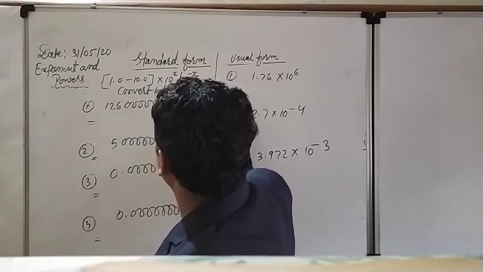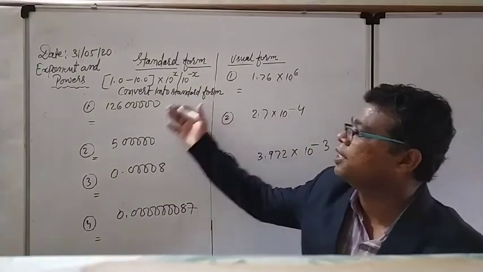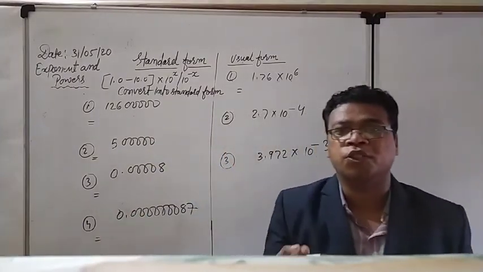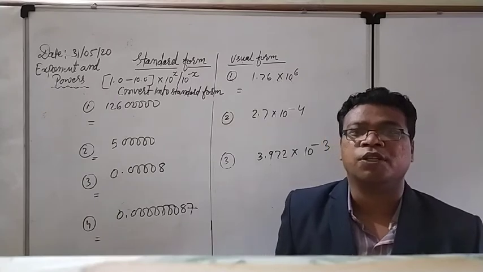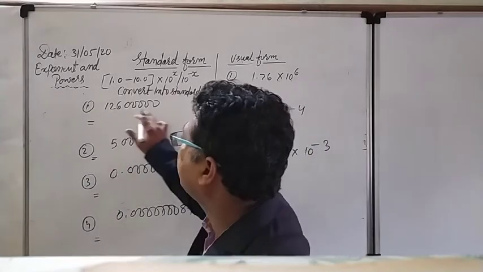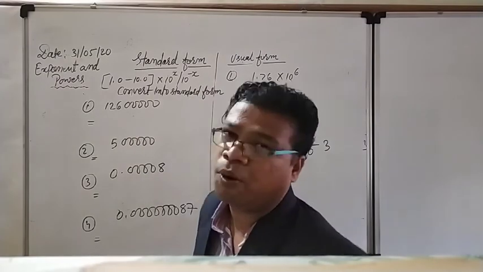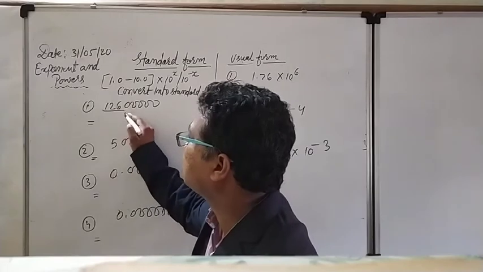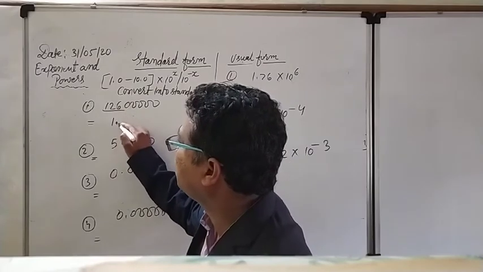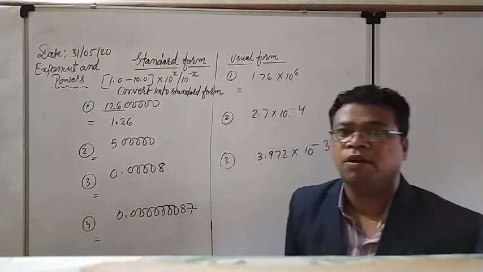Generally this question in the 8th class, in the RBSE board, is asked for 4 marks. 2 questions will be asked to you and each question will carry 2 marks. So see the question, very easy. 126 and how many zeros are there? 1, 2, 3, 4, 5. No problem.